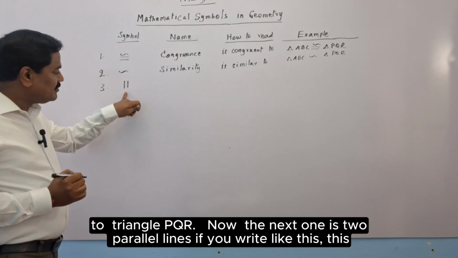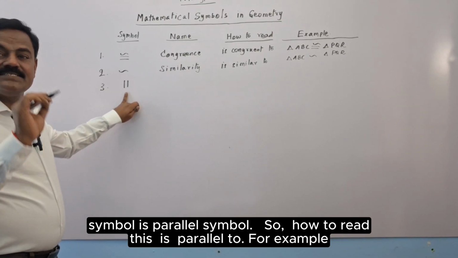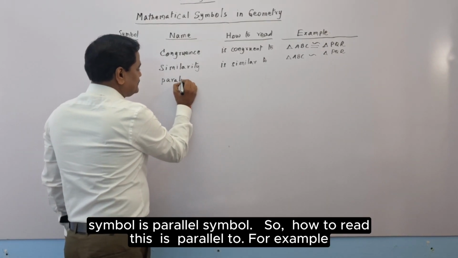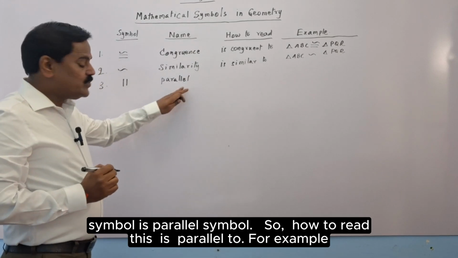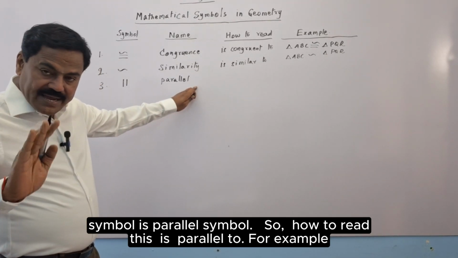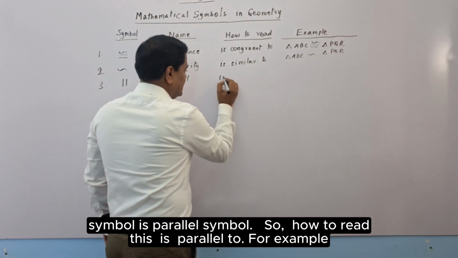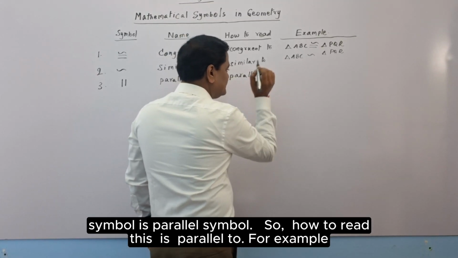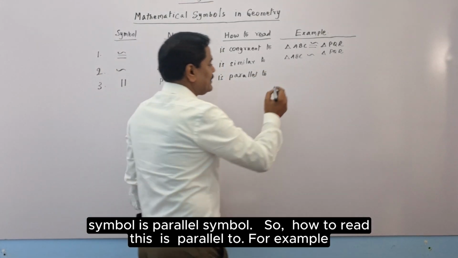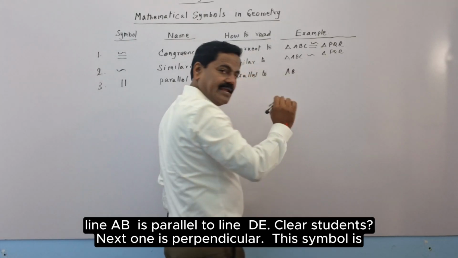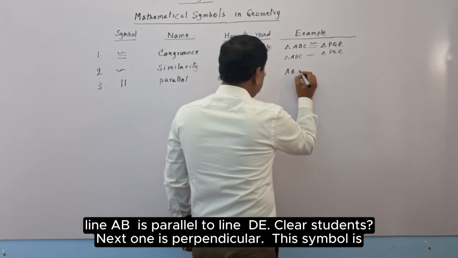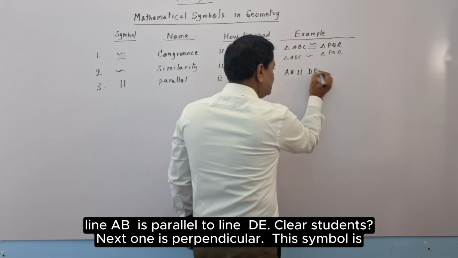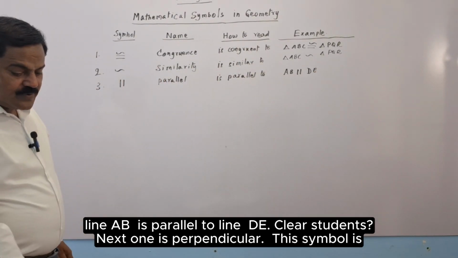If you write like this, the symbol is the parallel symbol. So how to read this? Is parallel to. For example, line AB is parallel to line DE. Clear, students? Next one is